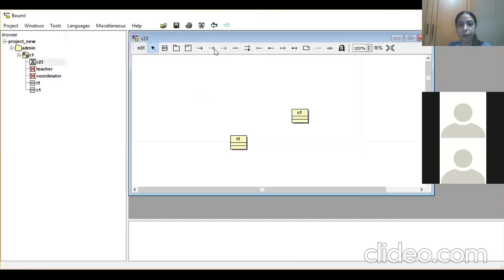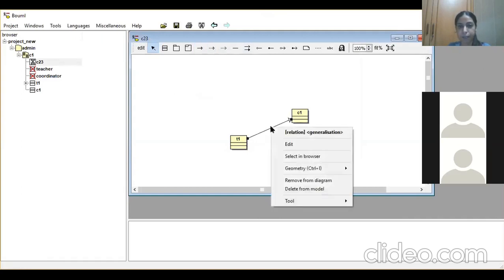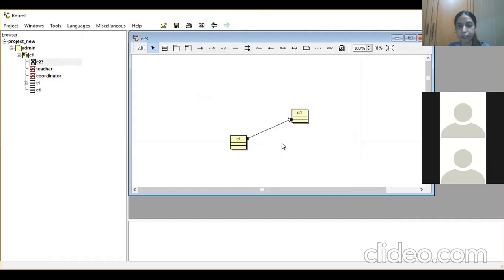Now, suppose I want to create a generalization. Here we have generalization, realization, dependencies. Suppose I want a relation of generalization from the teacher to the coordinator. Similarly, I can edit this relation.